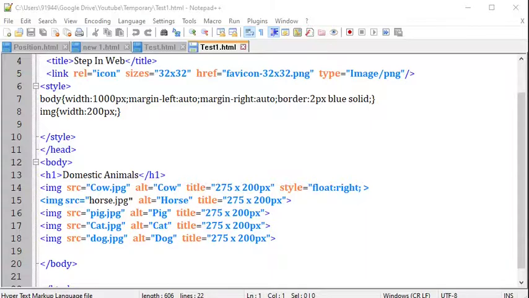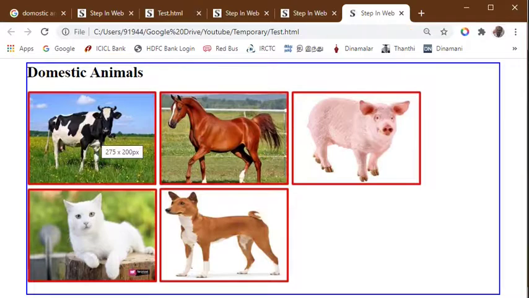To demonstrate the image tag inline concept, I have ordered 5 images in the HTML code and I have made a CSS code with a body of 1000 px width. Now we will run this code in the browser. It is able to accommodate 3 pictures only in the entire width, because 275 times 3 comes to around 825 pixels, so it is unable to accommodate the fourth picture in that gap. It will automatically send that image to the next line and align it to the left.